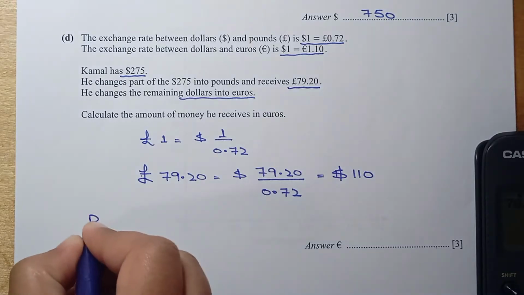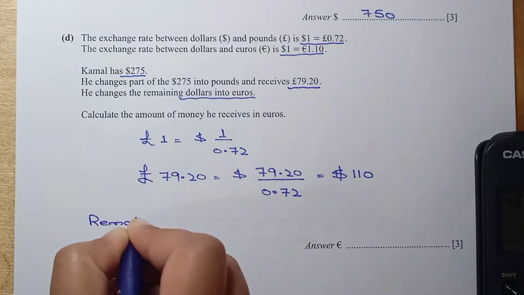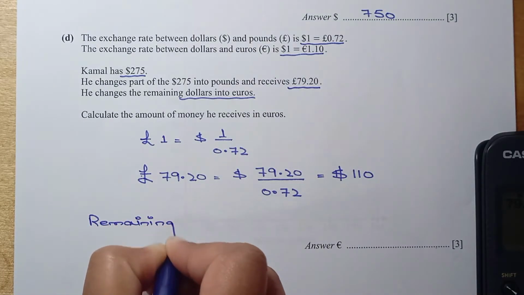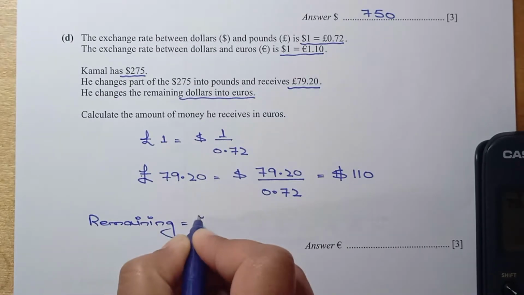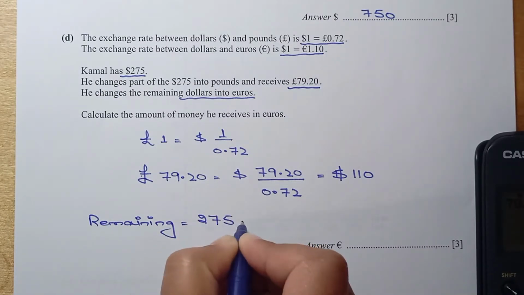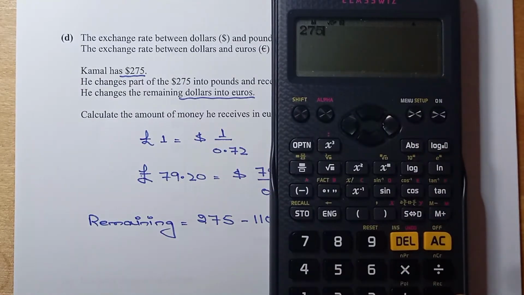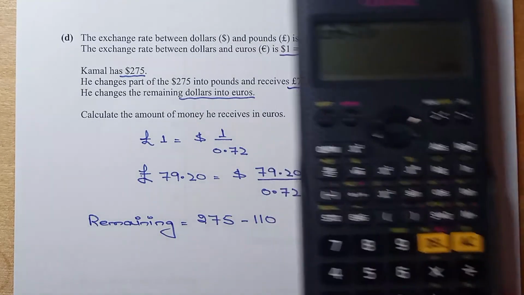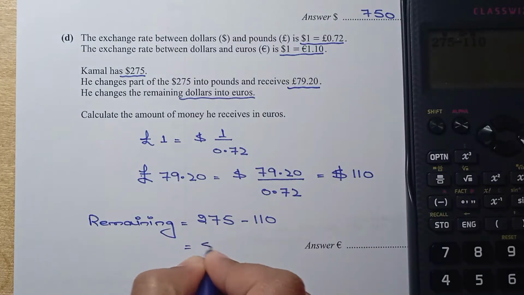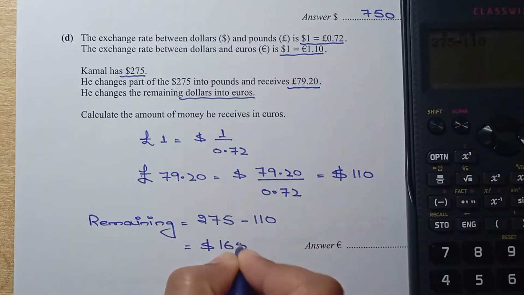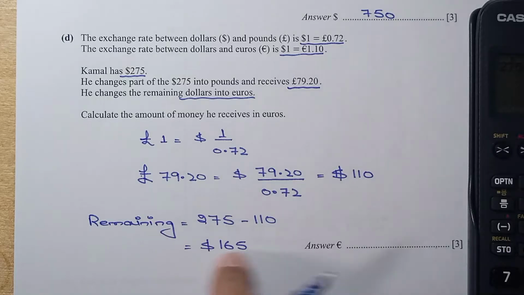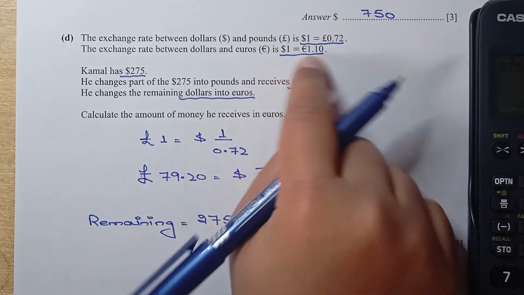To find the remaining, we need to subtract from the total, that is 275. We need to subtract 110, and we will get the remaining. 275 minus 110 is $165. This is the remaining. So now he changes the remaining $165 into euros, and this is the exchange rate for